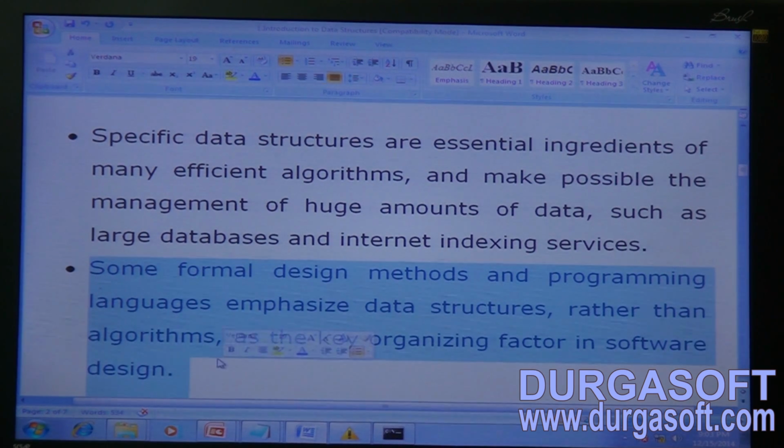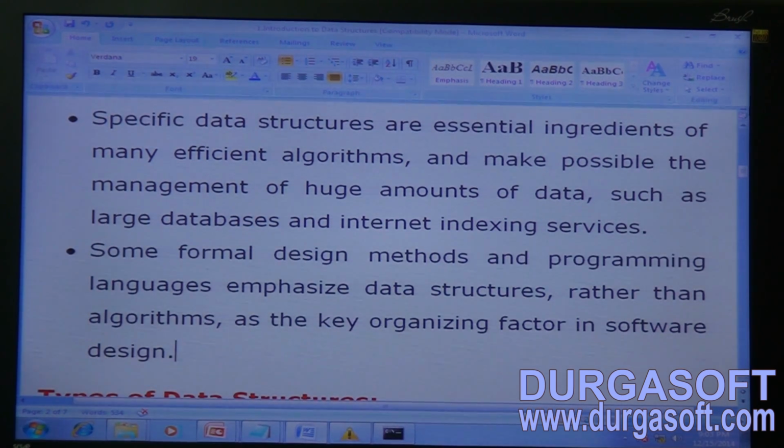and internet indexing services. Next point, some formal design methods